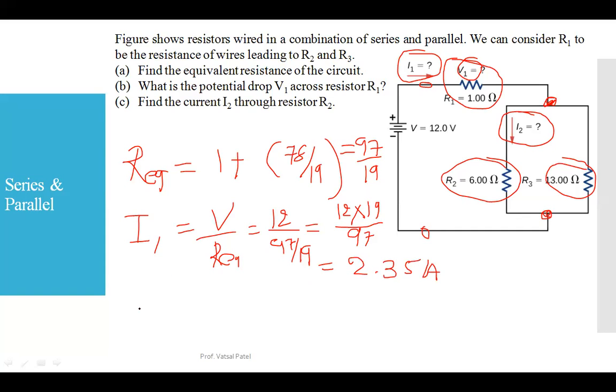So now can you identify the voltage V1 across the R1? That is equal to what? I1 multiplied by R1. So it is 2.3 volt. Sorry, 2.35 volt. Yes or no? You can write your answer in terms of fraction also. That is not an issue, right? So V1 is equal to 2.35 volt as the R1 value is equal to 1 ohm.